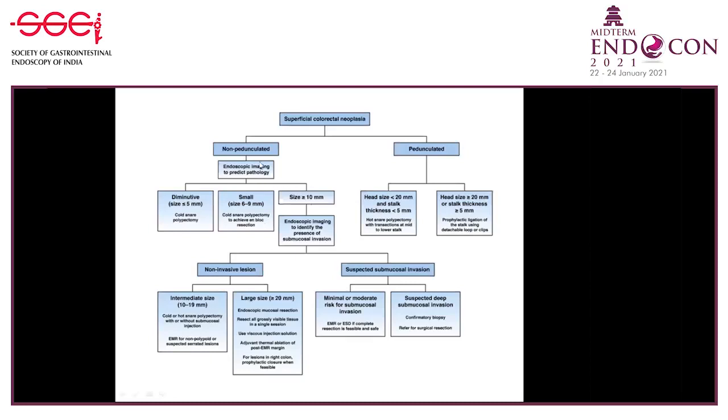Is there a non-pedunculated sessile polyp? Now, this is where we need to do the imaging, find out if it's diminutive, small, or large. Large polyps are what we're going to decide what we're going to do with, right? So if that's a large polyp, in endoscopic imaging we need to know if there is a submucosal invasion by endo ultrasound. Easily we can see if the muscularis propria or submucosa is invaded.